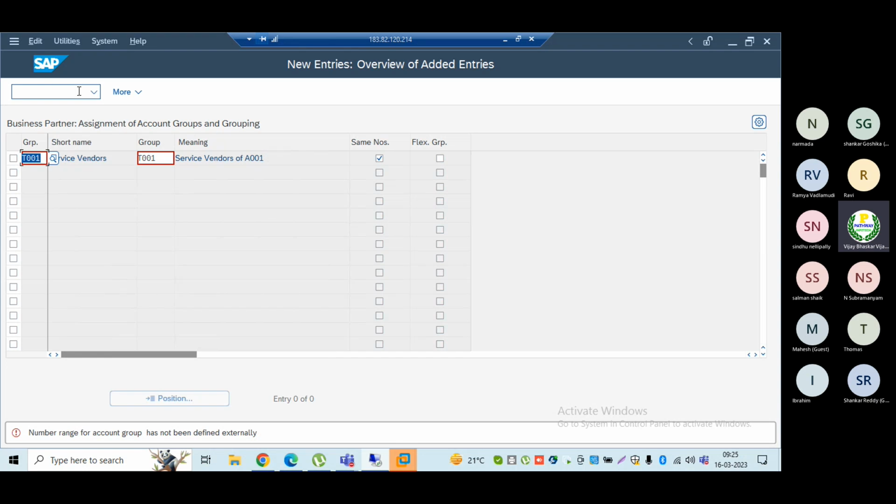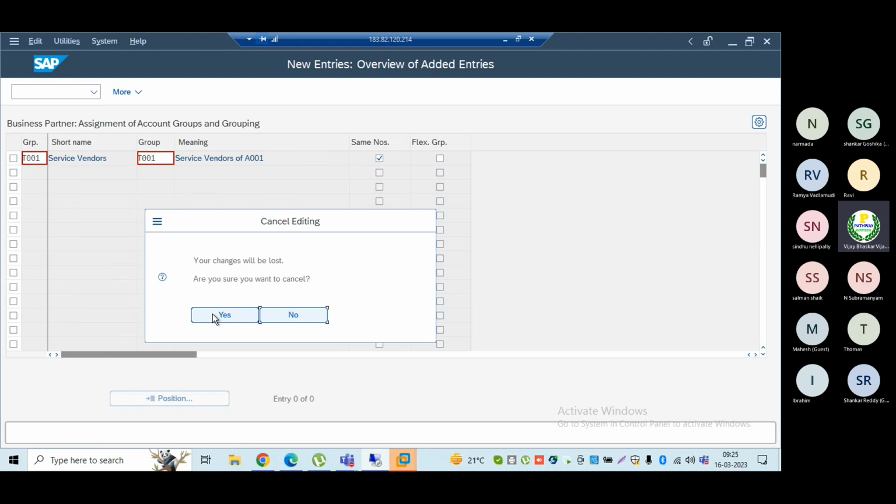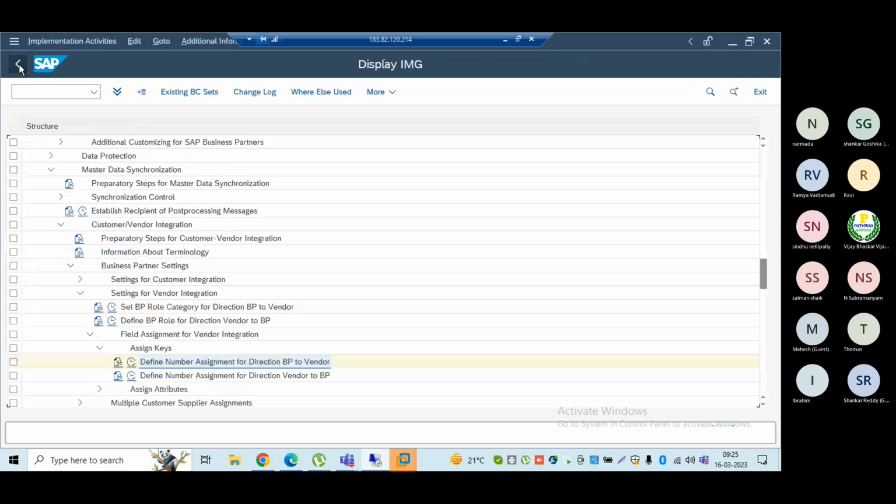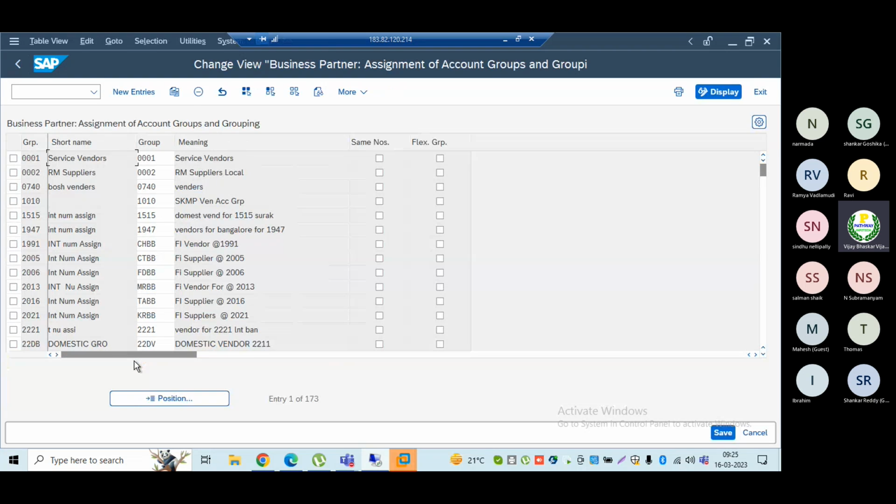I don't see it's required, but I don't know why it is asking this. Number ranges for account group has not been defined for external. Let me cancel this one. Let me select the external checkbox here. Define number ranges. Let me leave it blank, so that the same number it will generate.